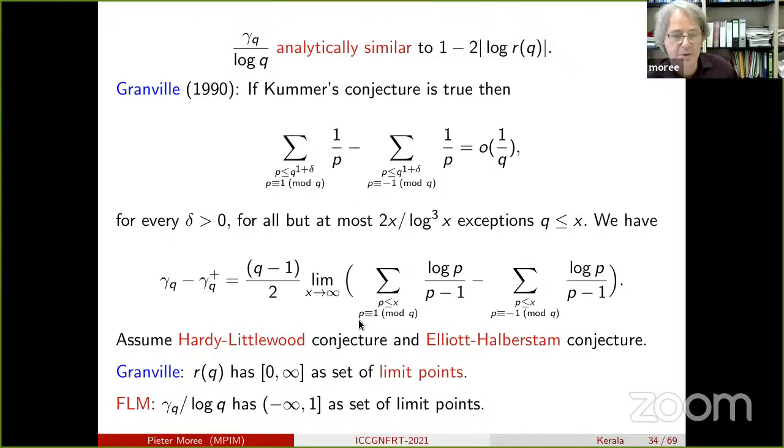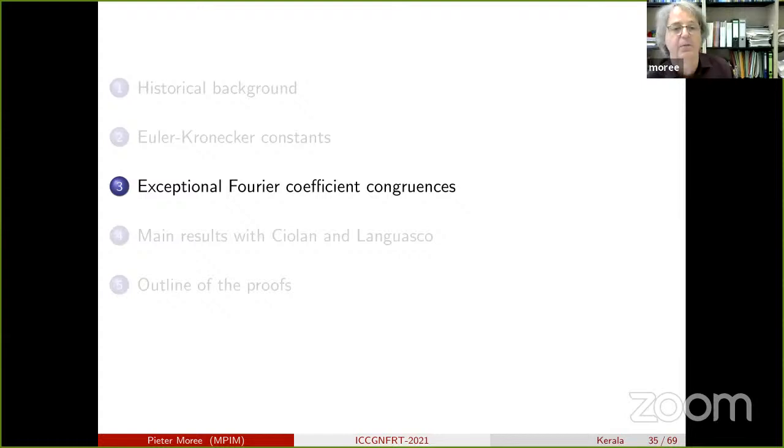And actually, this was so similar that we used results of Granville. I mean, we is Kevin Ford and Florian Luca. We used results of Granville from his Inventiones paper where he did this stuff. So this is a nice connection with class numbers.